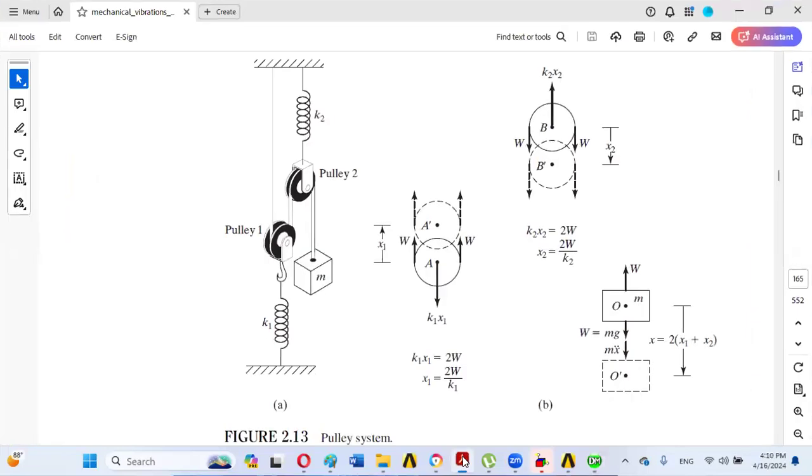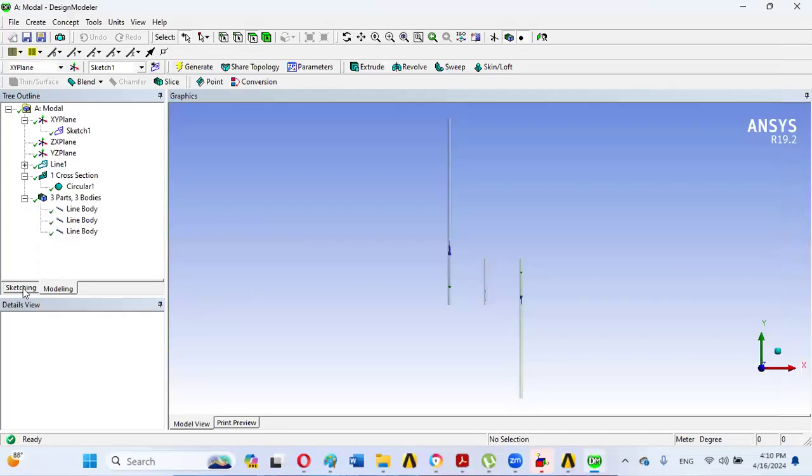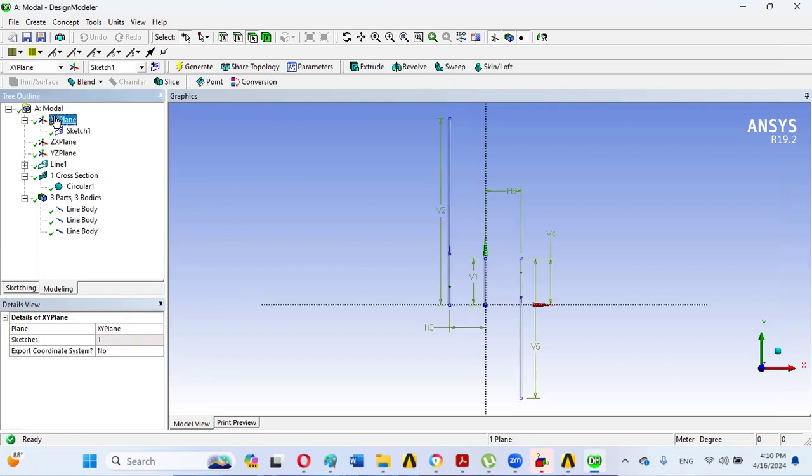Our next task is to create the portion for pulleys, and remember that we are not required to create these circular pulleys exactly. We will only be creating the diameters for these 2 pulleys. So to create them, we will be selecting the XY plane, and then we will